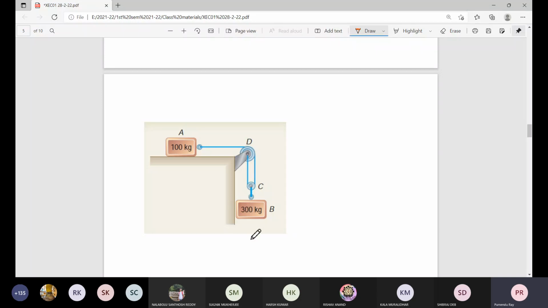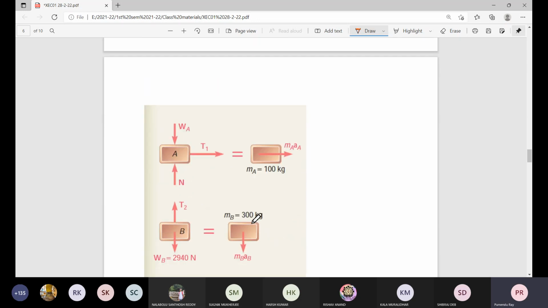Now, if it is not in a static position, it is moving. In that case, you have to consider the acceleration towards the right for block A and the acceleration downward for block B. When we consider all these things, the resultant force will be mass multiplied by acceleration in the corresponding direction. The resultant force for the 300 kg block will be its mass multiplied by the corresponding acceleration in the downward direction. And these simple diagrams will give you